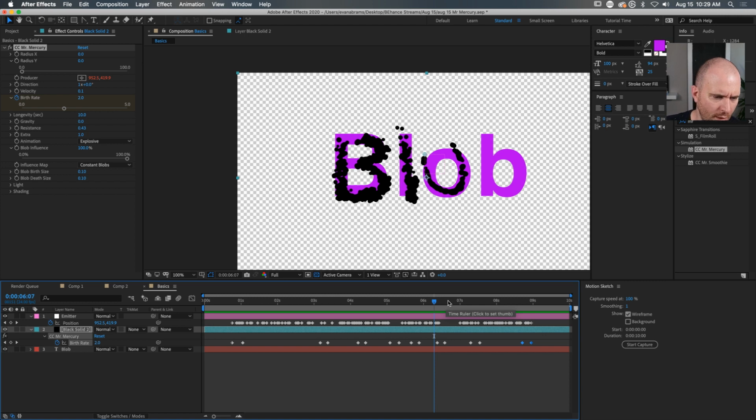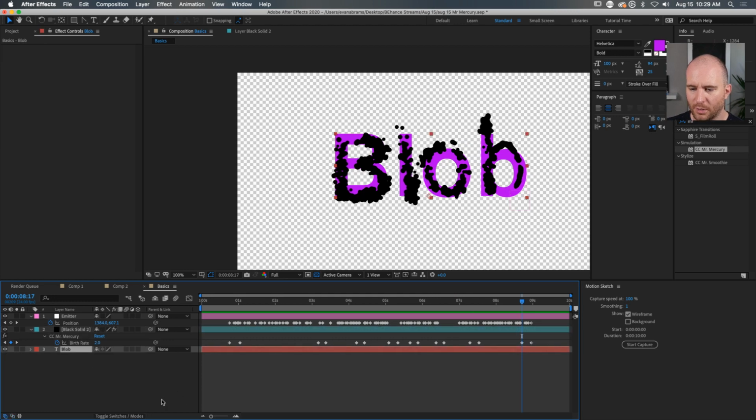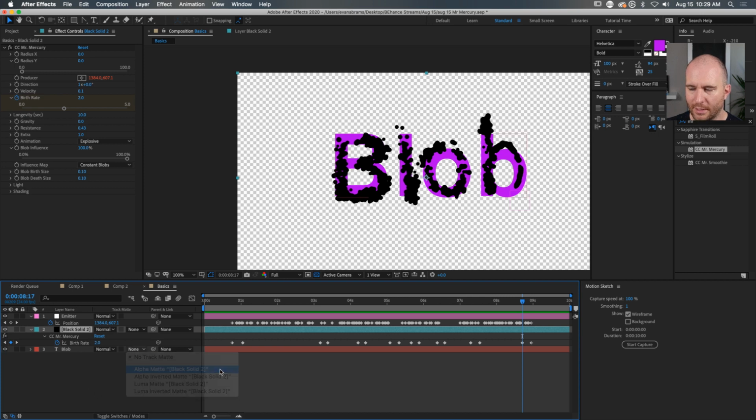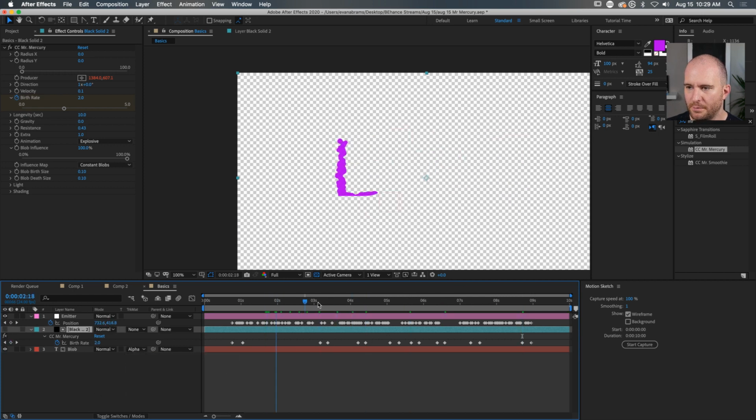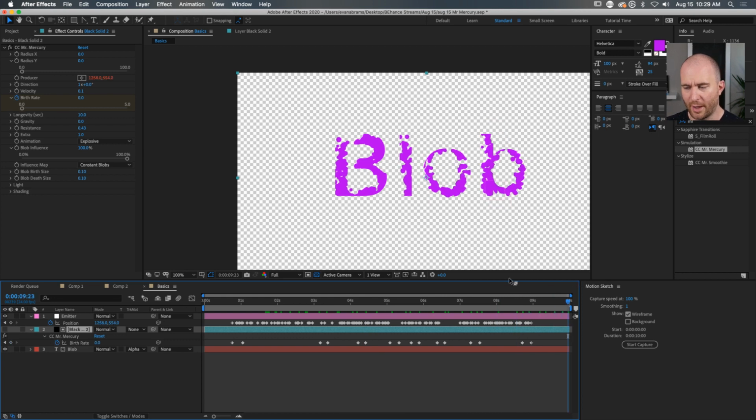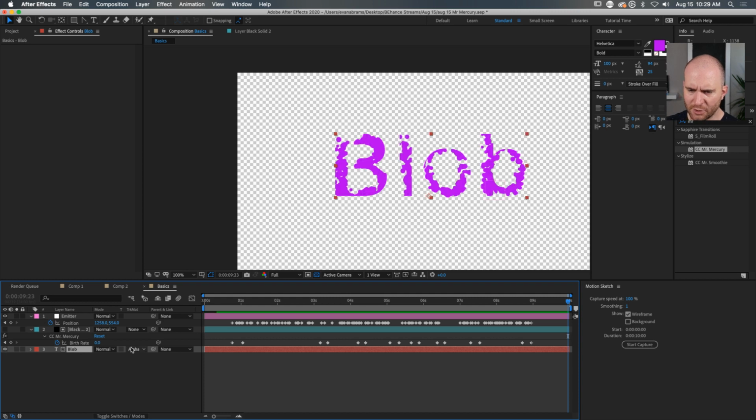Umacorn is asking, can you use it as a painting effect to reveal something? So, absolutely. Anything that we see that has pixel information can be used to reveal something else. So if we wanted this to reveal the word blob, we could just have this blob reference this layer above it and be painted on in this way. That's definitely one way to do it. We're going to get into a different kind of use case in a moment, though,